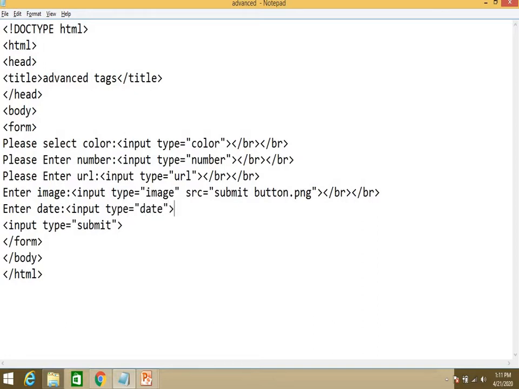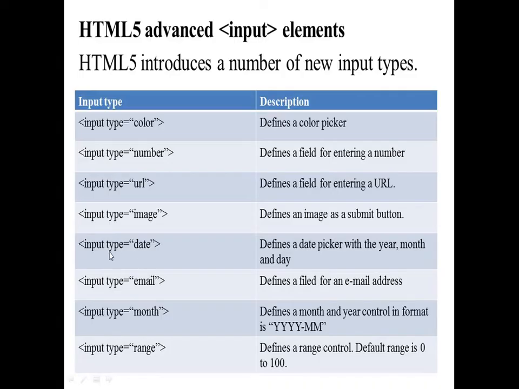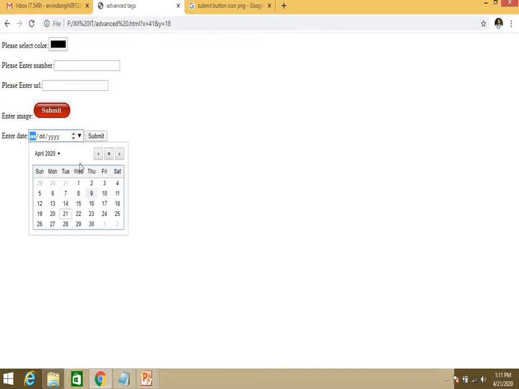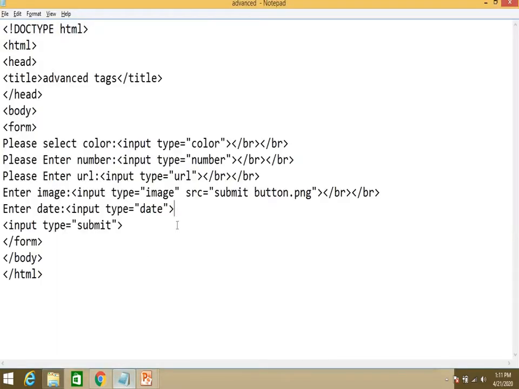Let's see. Just save this and open the browser, press F5. So the date will already be there. This is known as a date picker. From this you can select any date. Otherwise, if you want, you can enter it from here also.